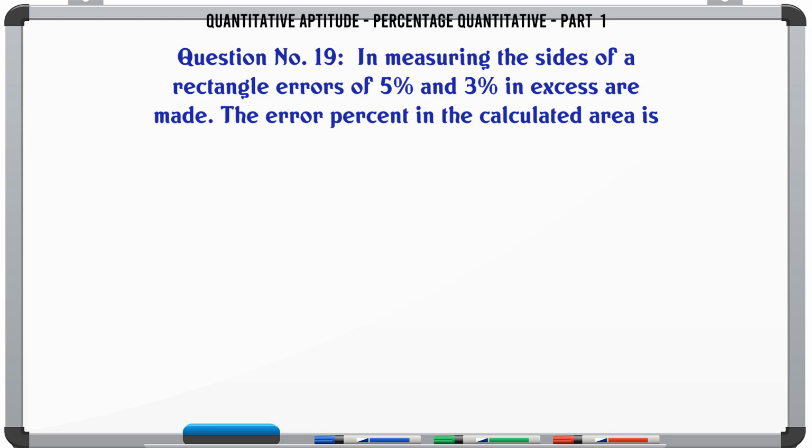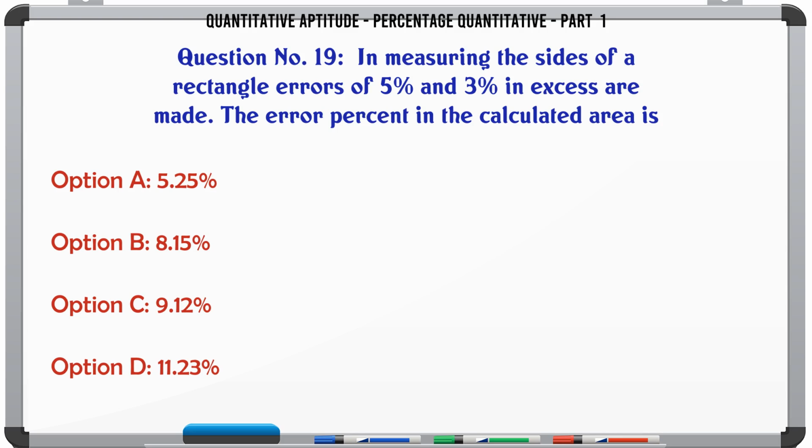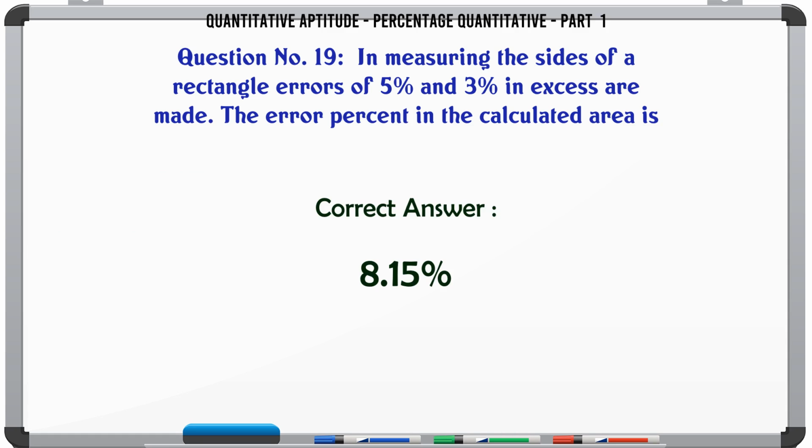1,411. In measuring the sides of a rectangle, errors of 5% and 3% in excess are made. The error percent in the calculated area is A 5.25%, B 8.15%, C 9.12%, D 11.23%. The correct answer is